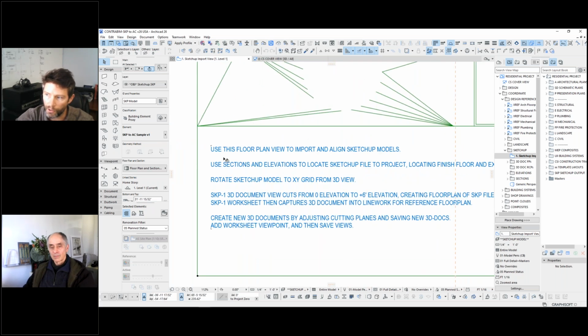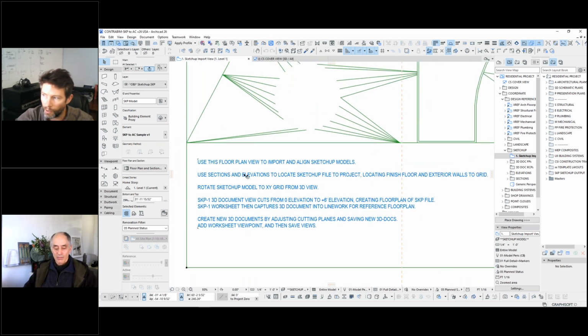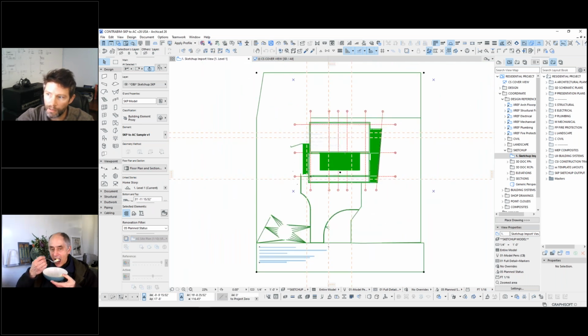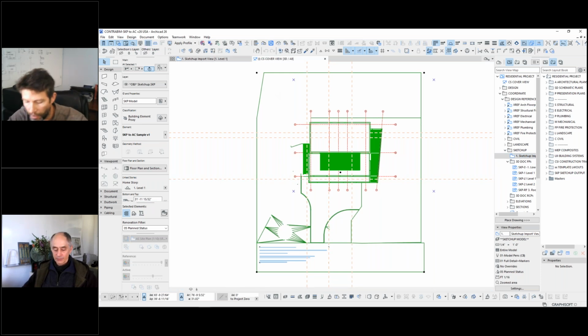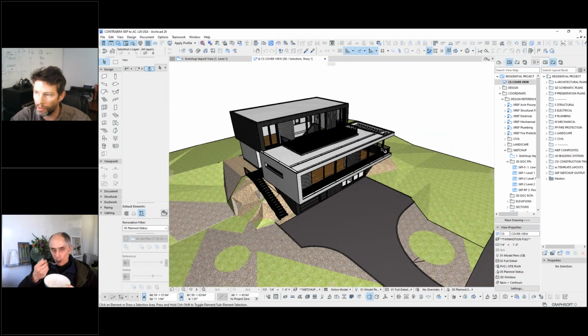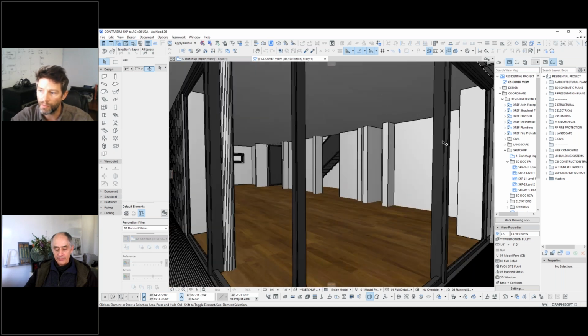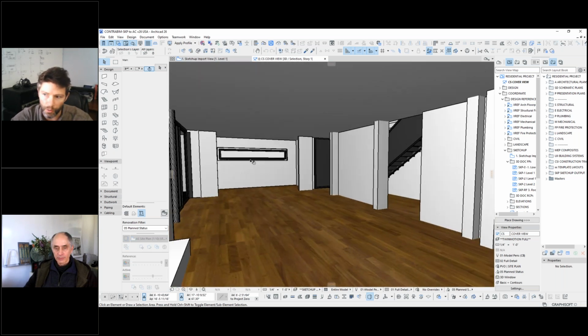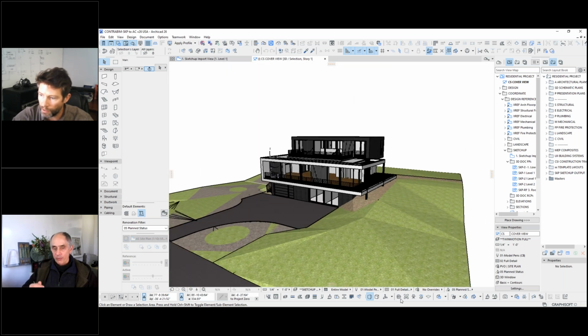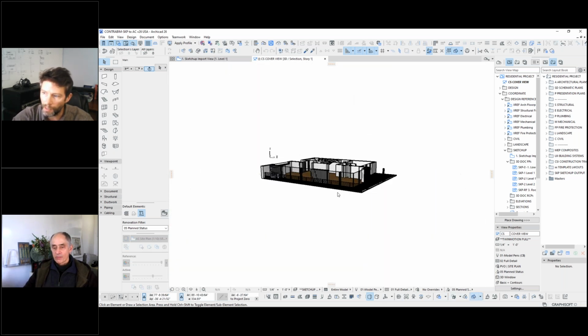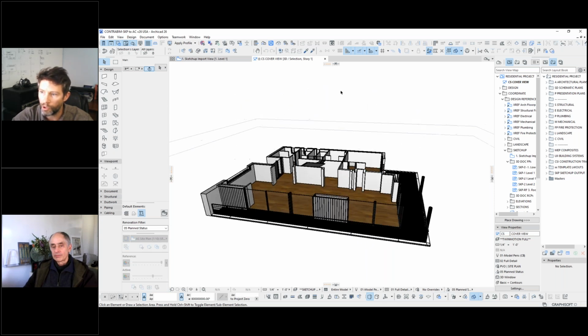We have a few steps here for how to follow through this, but really the process is importing an object. And then we used to take the object, and let me demonstrate the old method first before showing the new and improved method. The previous way that I would go about creating a floor plan of this particular SketchUp file, just to see where the walls and windows were and everything else, is I would start using the cut planes and go through and section it off,